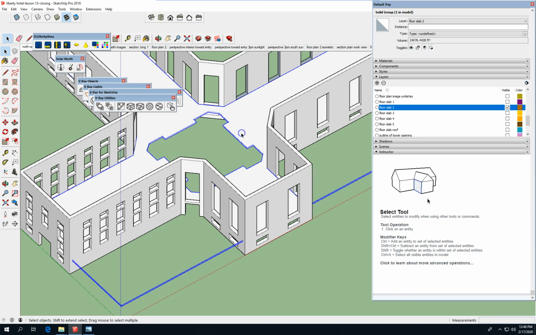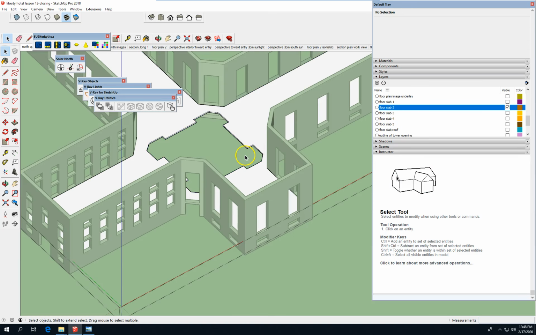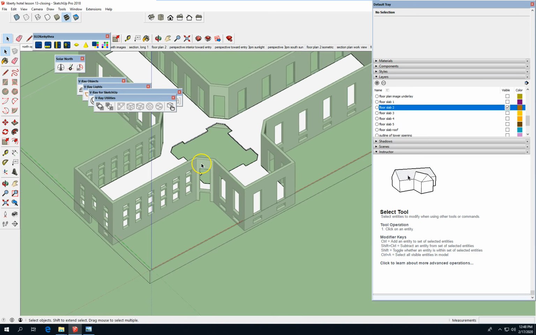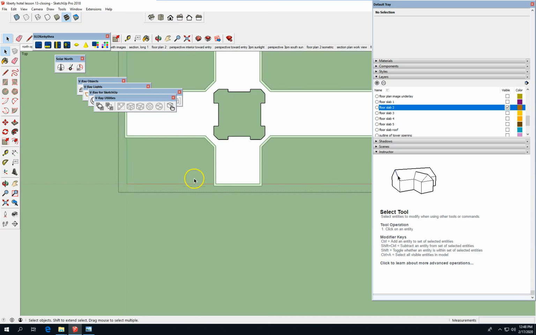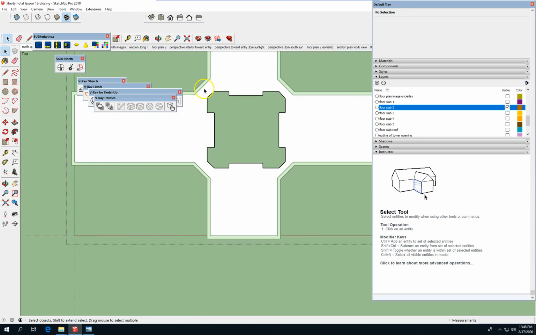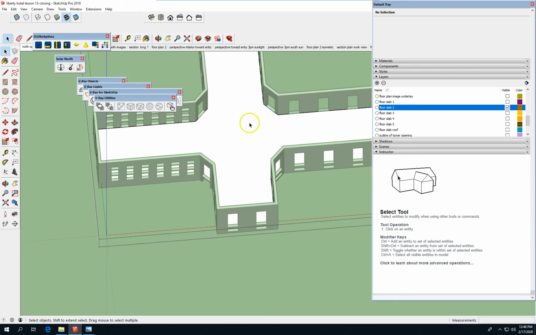So we're going to have to double-click that. Let's go to a top view. Basically, I'm going to select that geometry and delete it. So that heals up